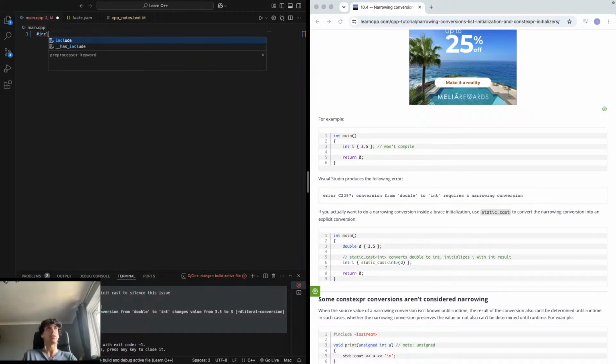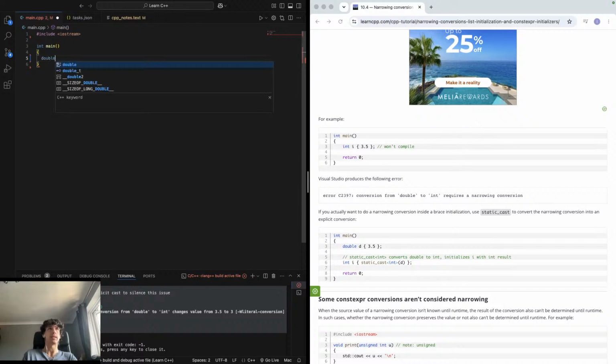So we'll include our input output stream. We'll then have a return type of integer for our main function. We'll set double to be 3.5. We will then do, what will we do? We will then do